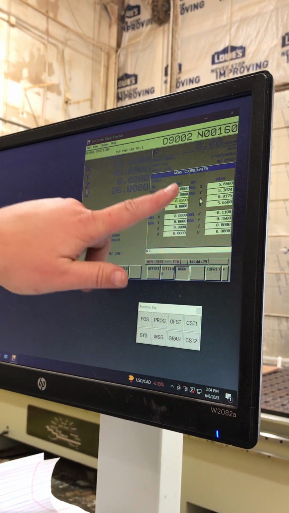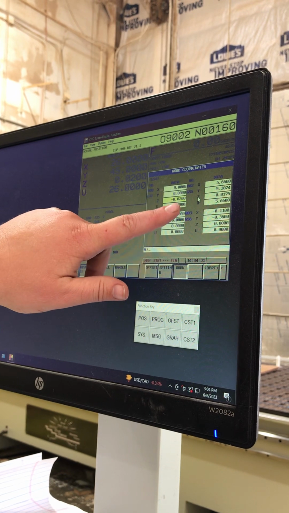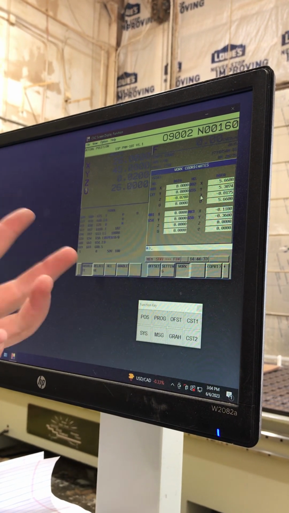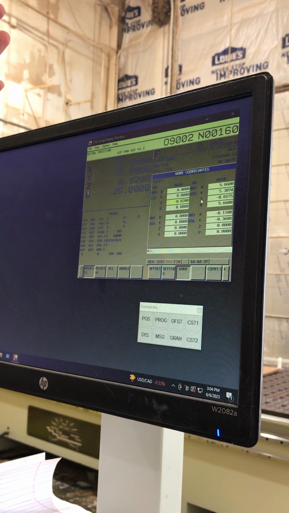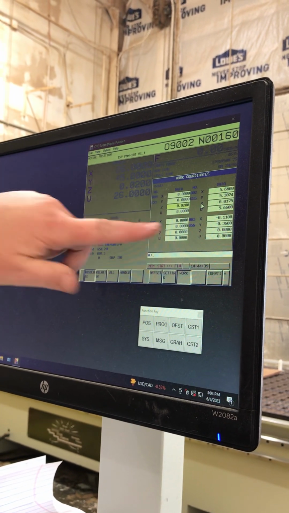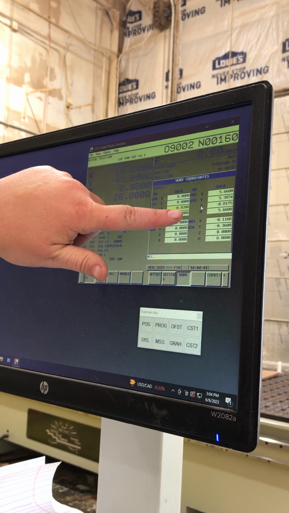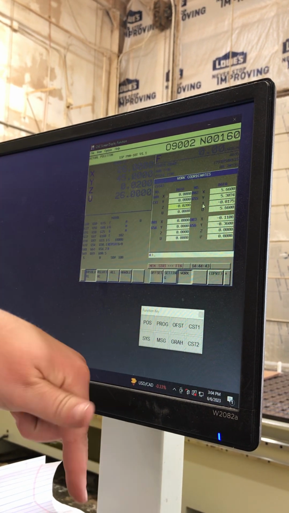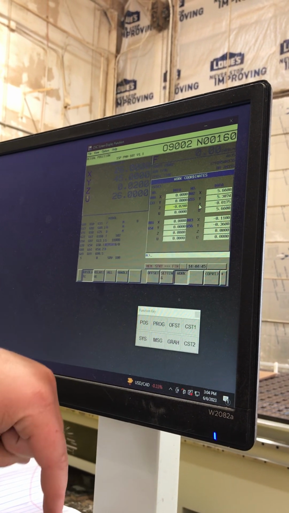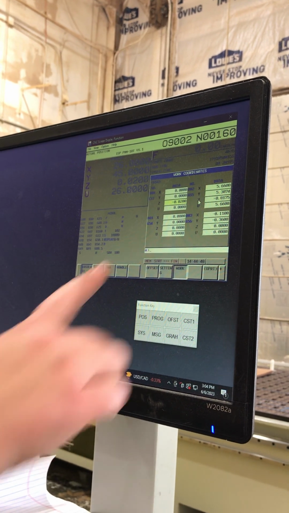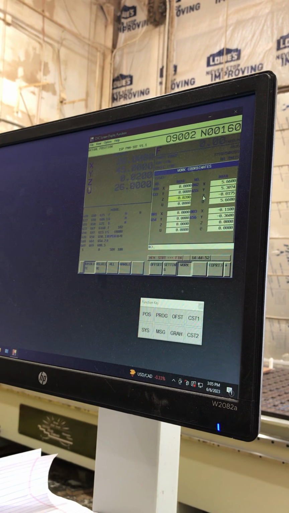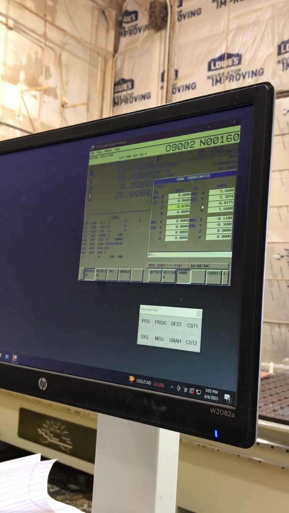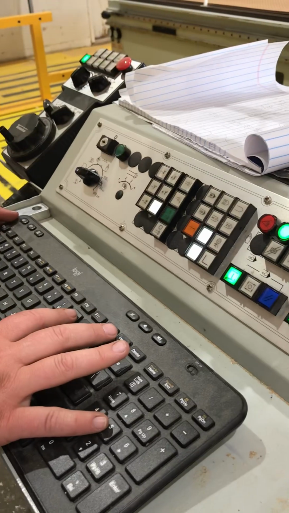If I put any value in here other than 0, it's modifying the 0 point. Right now, where Z referenced to 0 this morning, we're telling it that you need to go 0.02 deeper into the table. That's not deep enough. I don't want that value there when I go to touch off my tools. I want it to be 0 so that we're starting clean. So I'm going to put in here 0, enter,